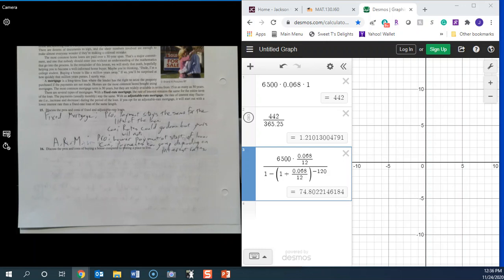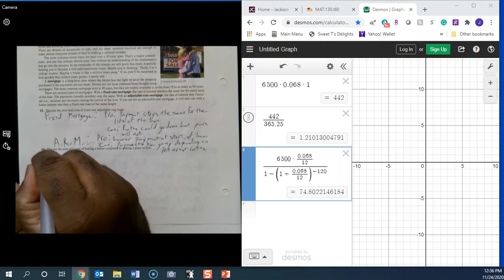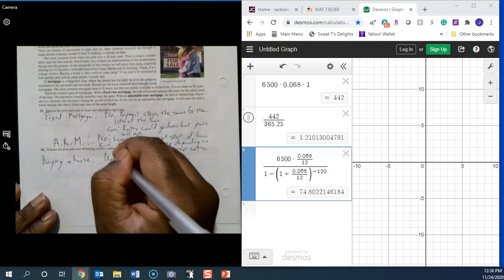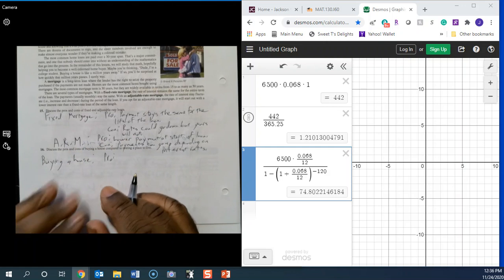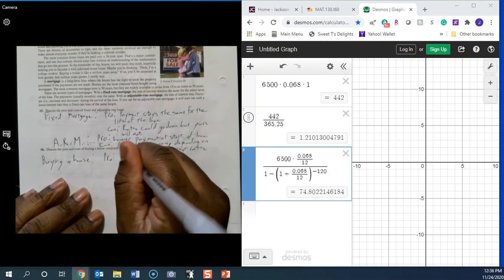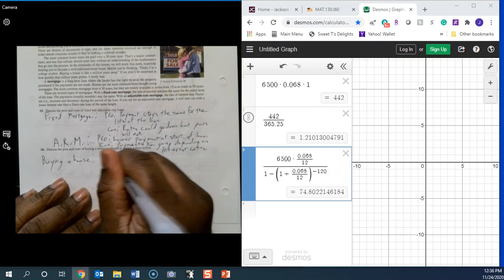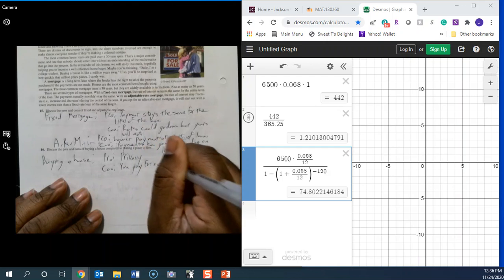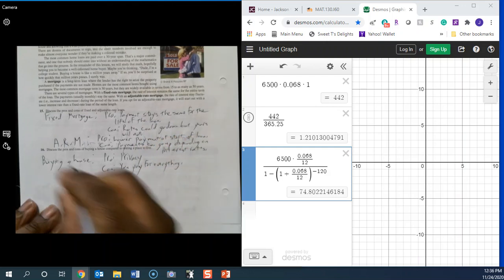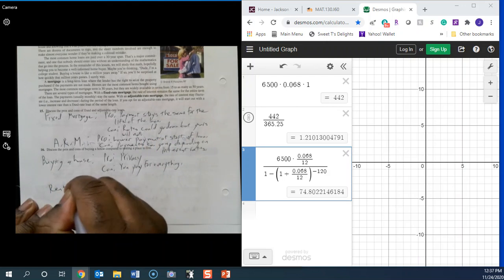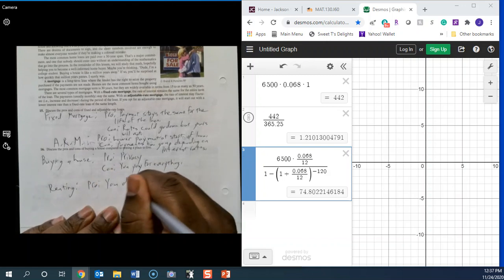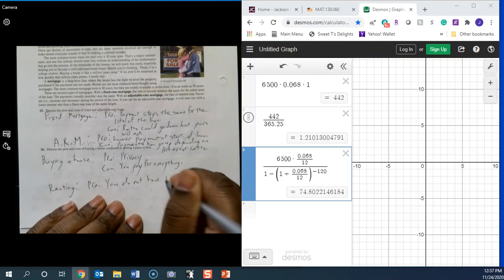Now it says discuss the pros and cons of buying a house compared to renting a place to live. Okay, I'm just going to do one. Buying a house. Okay, the pro. You have privacy. A con. You pay for everything. Okay, renting. A pro. You do not have to pay for everything